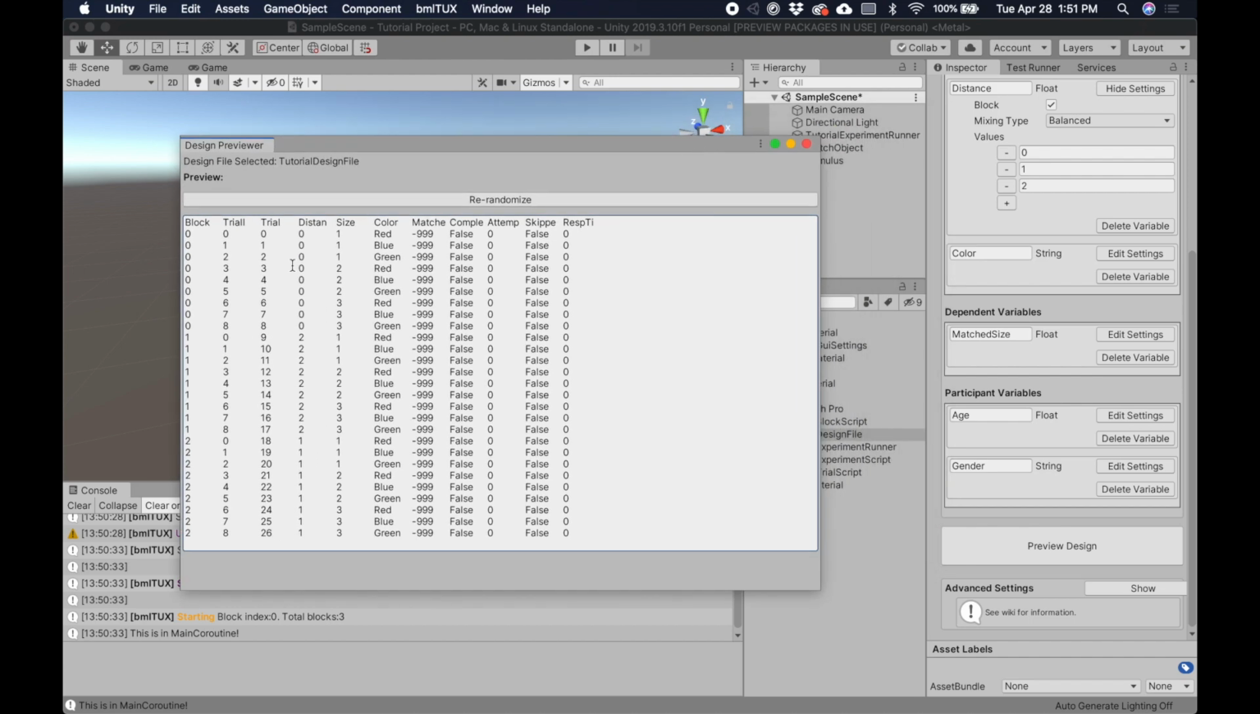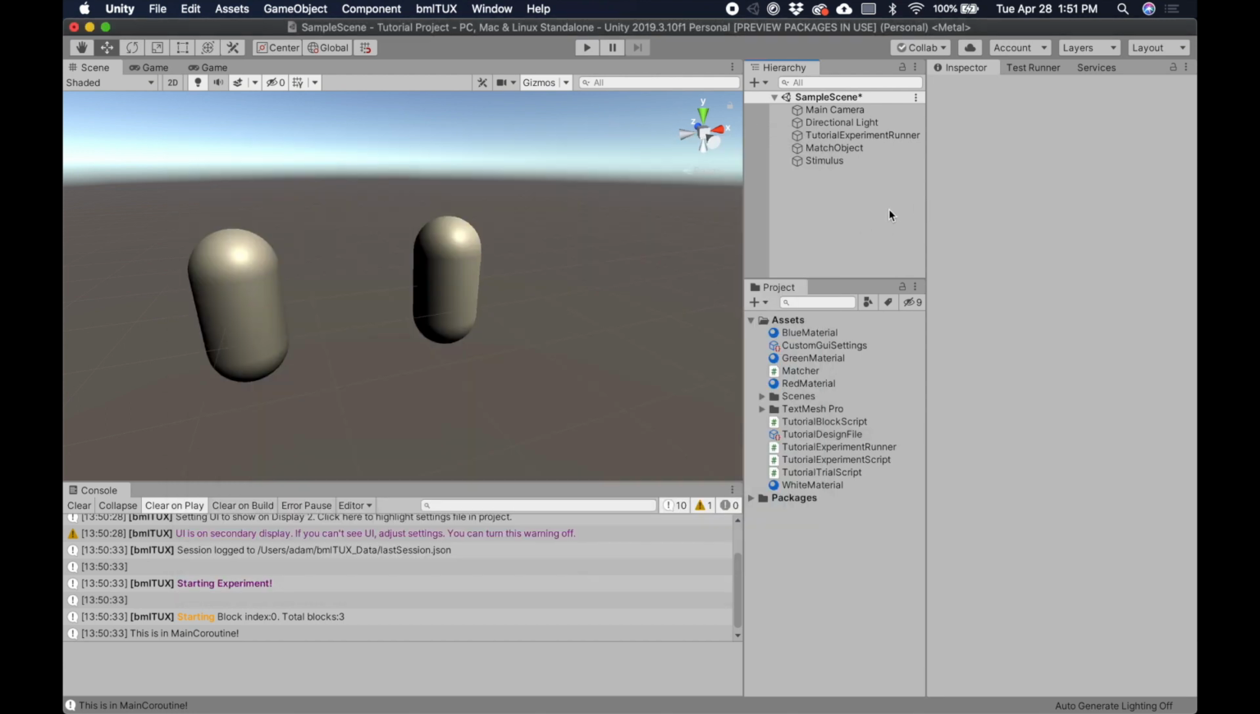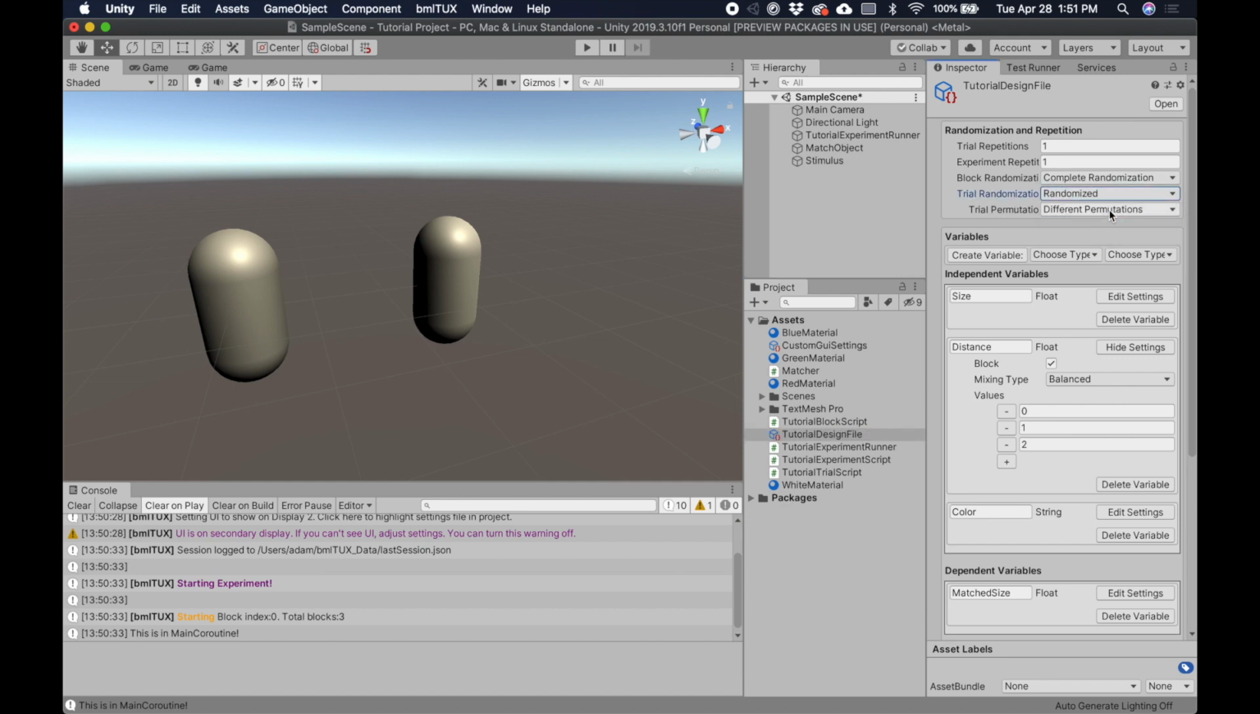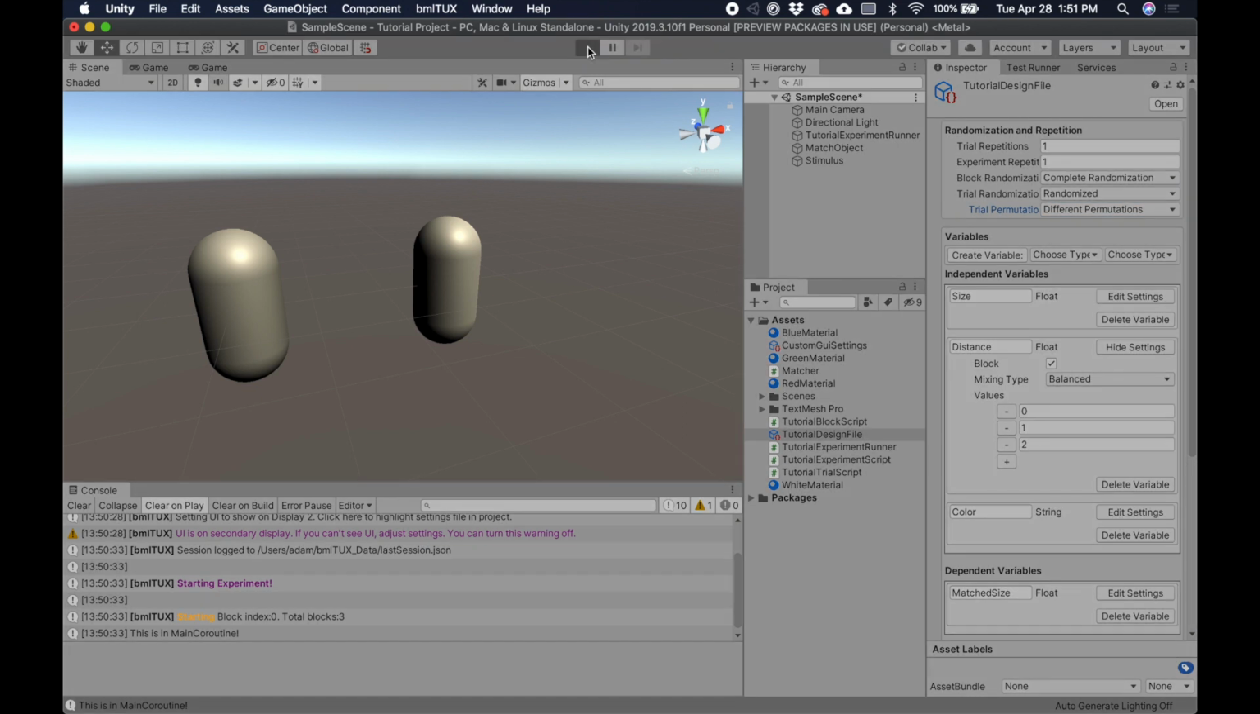So to randomize the trials within a block, we can go to the design file, and here there's a trial randomization section. So we can pick randomized, and then there's different ways we can do it. One permutation means it'll shuffle it, but it'll use that same result in each block. Whereas different permutations mean it will re-randomize it for each block, which is what we want. We want it totally randomized. So now if we press play,